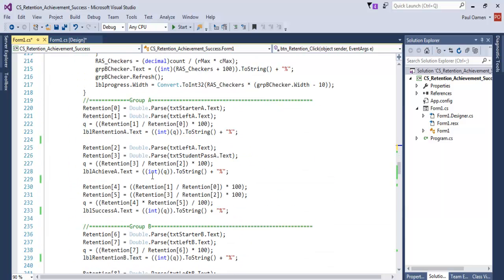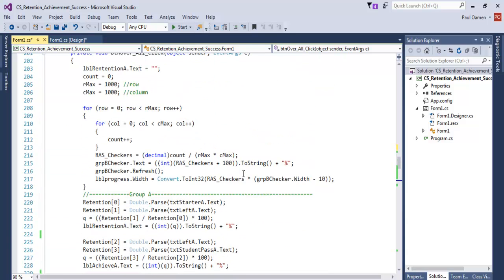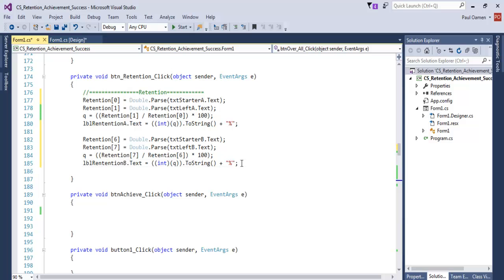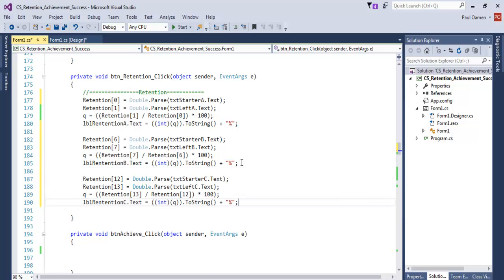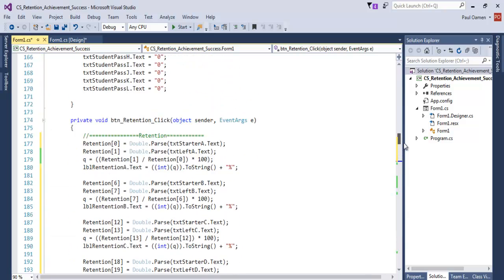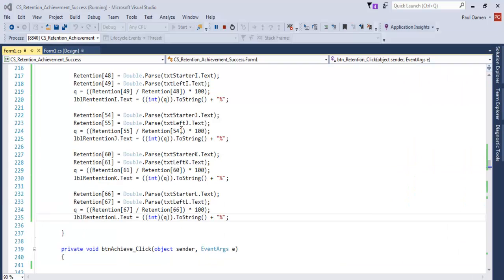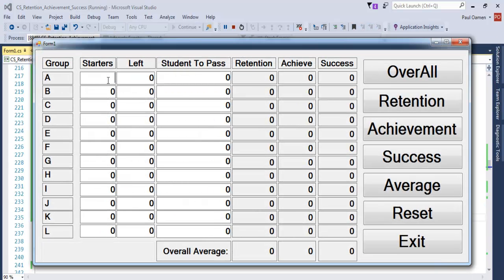Okay, let's go back to group C, copy that to group C, and I'll repeat exactly the same thing for all of the groups. Group C. Okay, I just speed that up. Now the retention is all completed. Just show it to you guys. That is it right there. That's for the retention. Okay, so if we want to run it, it's exactly the same thing. So let's just show you a couple of